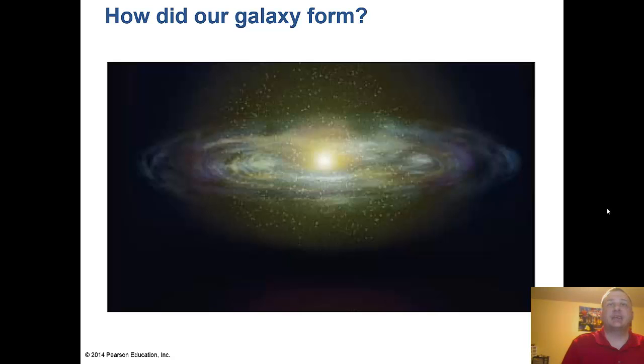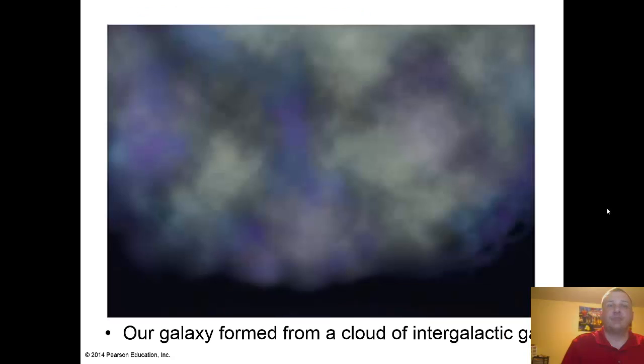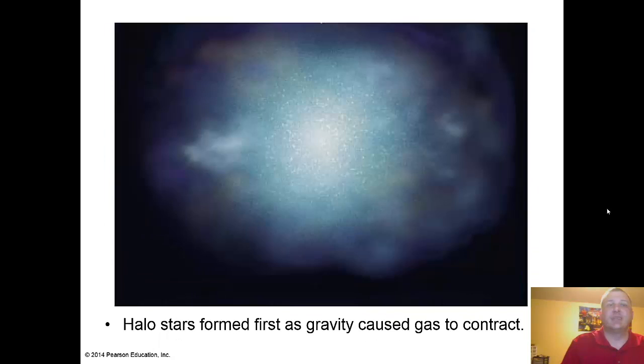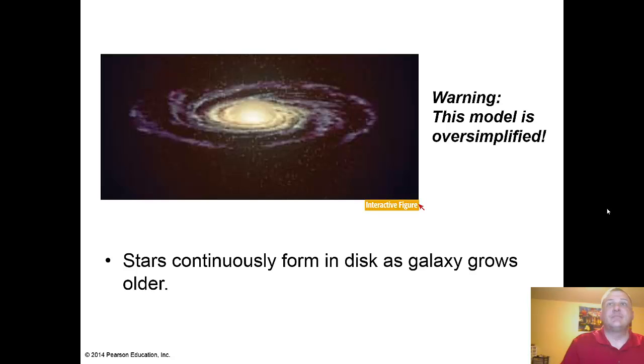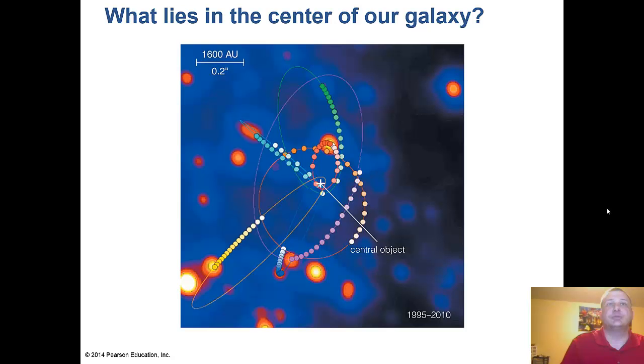And how did our galaxy form? Our galaxy formed from a cloud of intergalactic gas. Halo stars formed first as gravity caused the gas to contract, and the remaining gas settled into a spinning disk. Now this is a very simplified model, but the stars continually formed in the disk as the galaxy grows older. And in the center of our galaxy is that central object, a massive